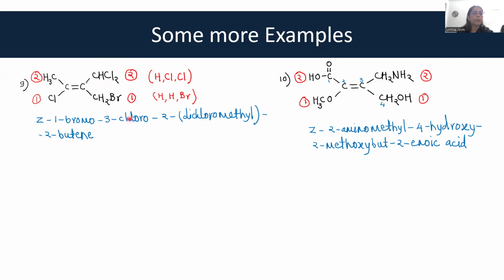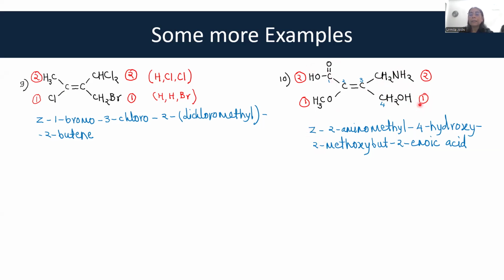So when it is 2-butene, this substituent is attached via methyl. So dichloromethyl. Similarly over here, obviously on this side oxygen is attached versus carbon is attached. So irrespective of the size of the group, this gets priority over carboxylic acid. On the other side, the first atom attached is same. So you compare the second atom attached. This is oxygen, this is nitrogen. So obviously oxygen gets a priority. This again is Z. Okay.